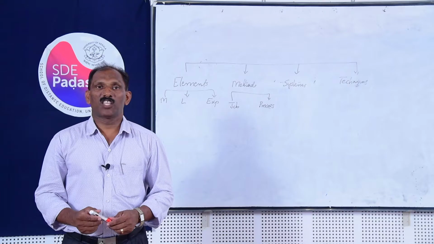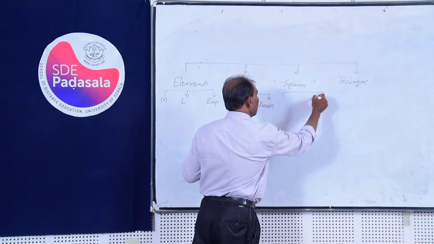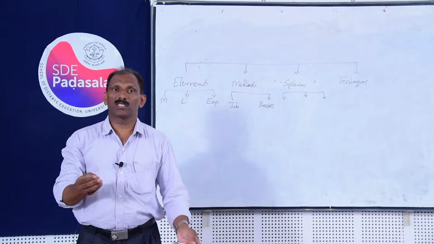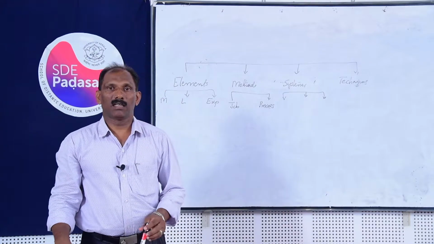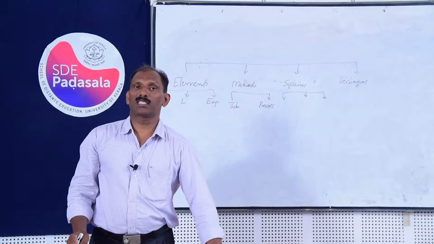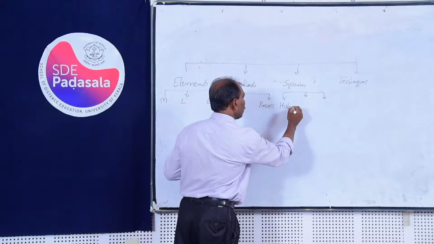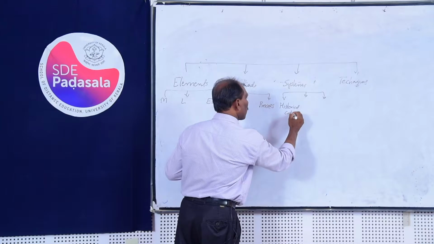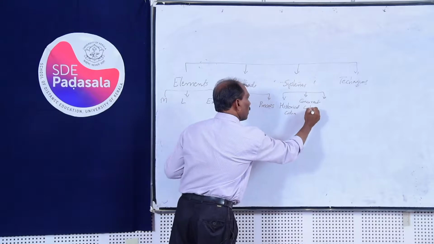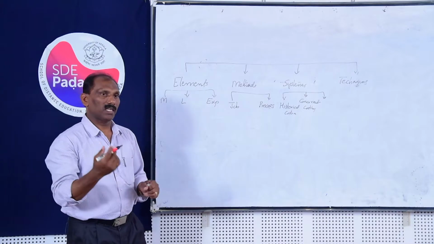System denotes the ways of recording costs. There are three ways of recording costs. If we are recording the cost after they have been incurred, it is called historical costing. If you are recording the cost at the time of incurrence, it is called concurrent costing. If you are recording the cost before their incurrence, that is called estimated cost.